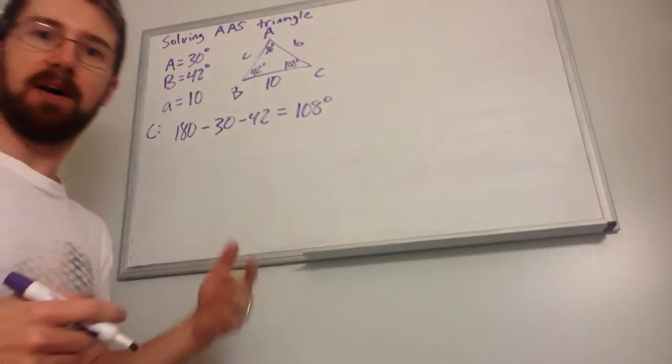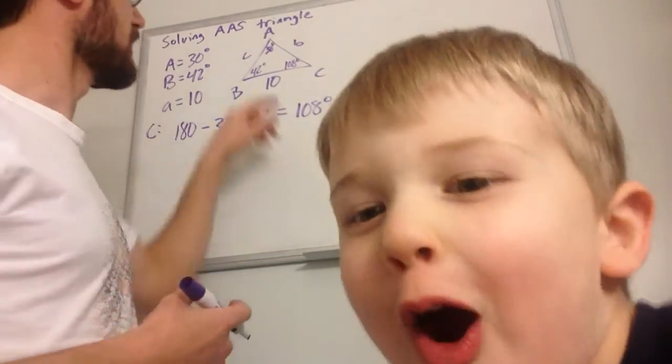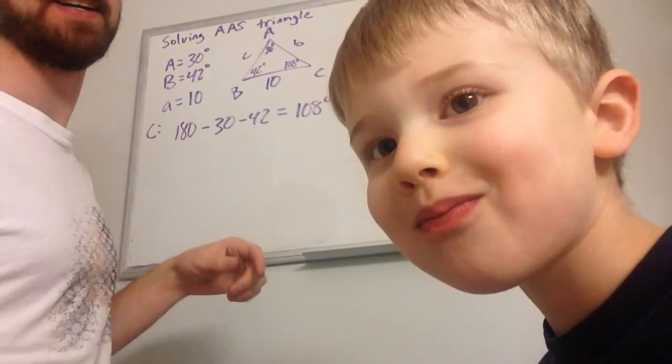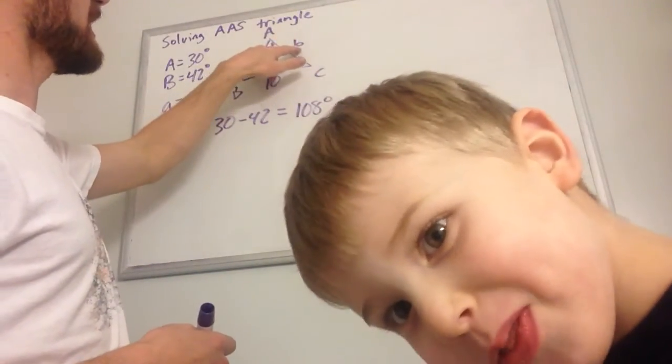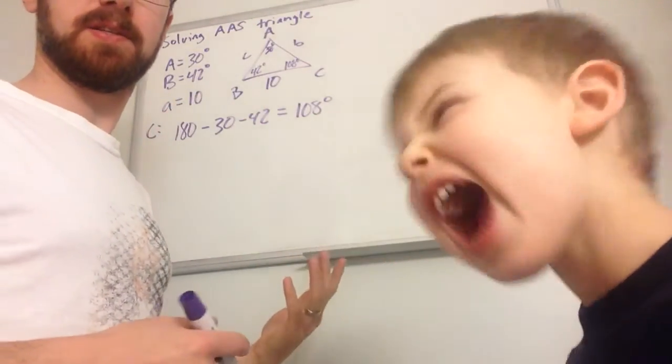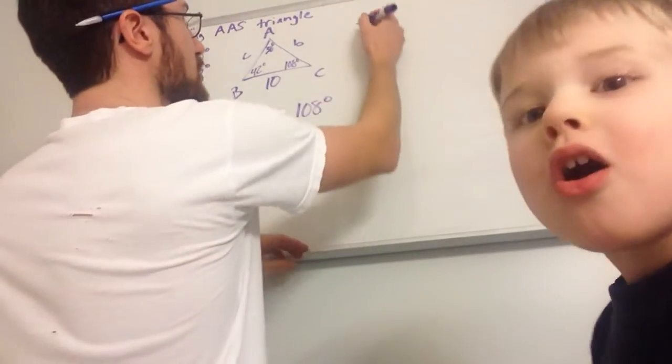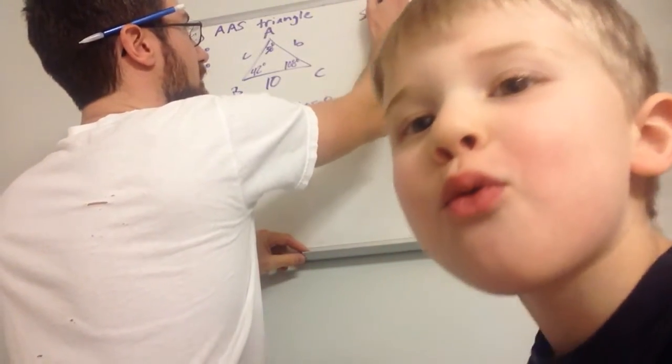So I've got that. Now for the next two parts, for these two sides, I'm going to have to use the law of sines. Now for the law of sines, any ABC triangle, it says that